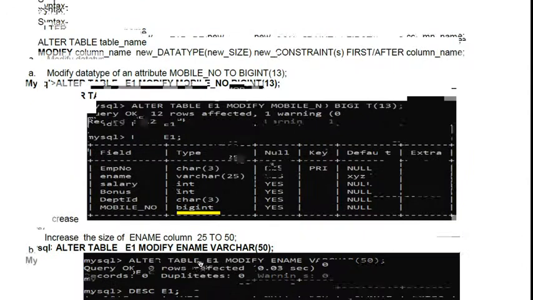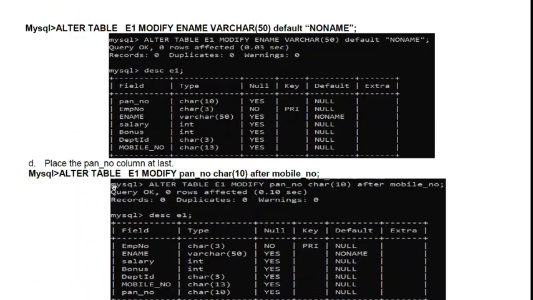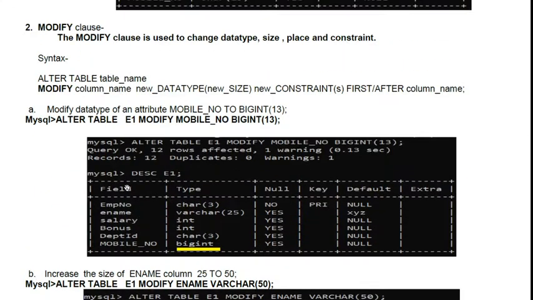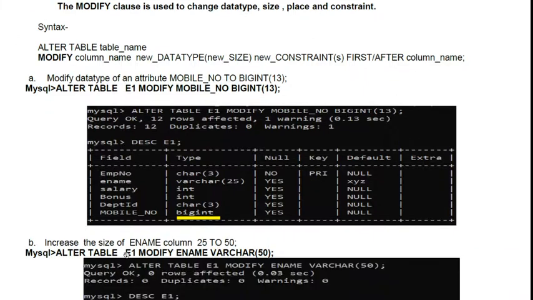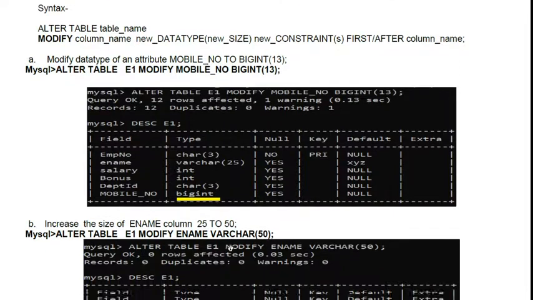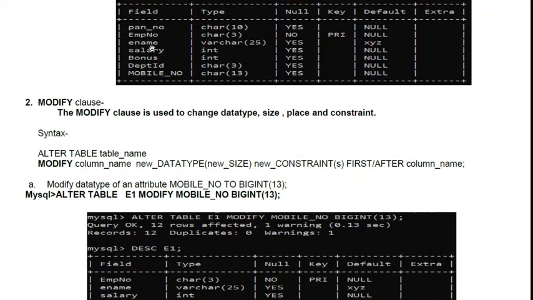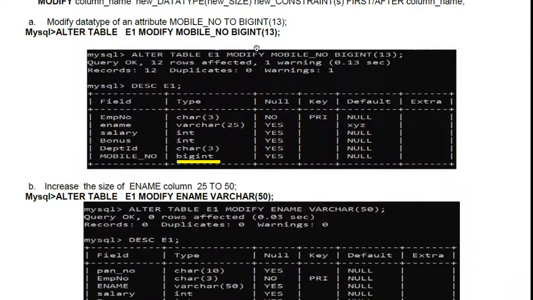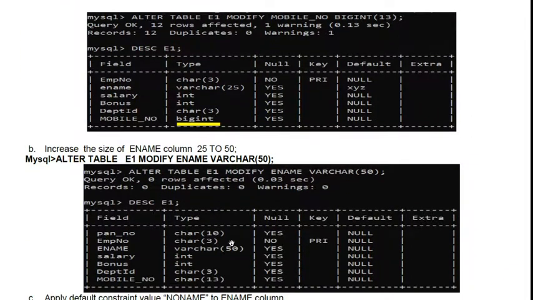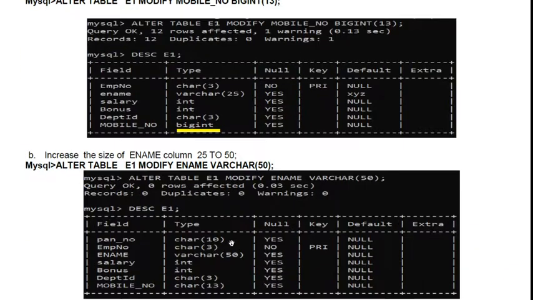Okay. Now next query: increase the size of the ename column from 25 to 50. What is the size of the ename column? Here you can see varchar 25. This should be 50, since you want to increase it to store more letters in the name.